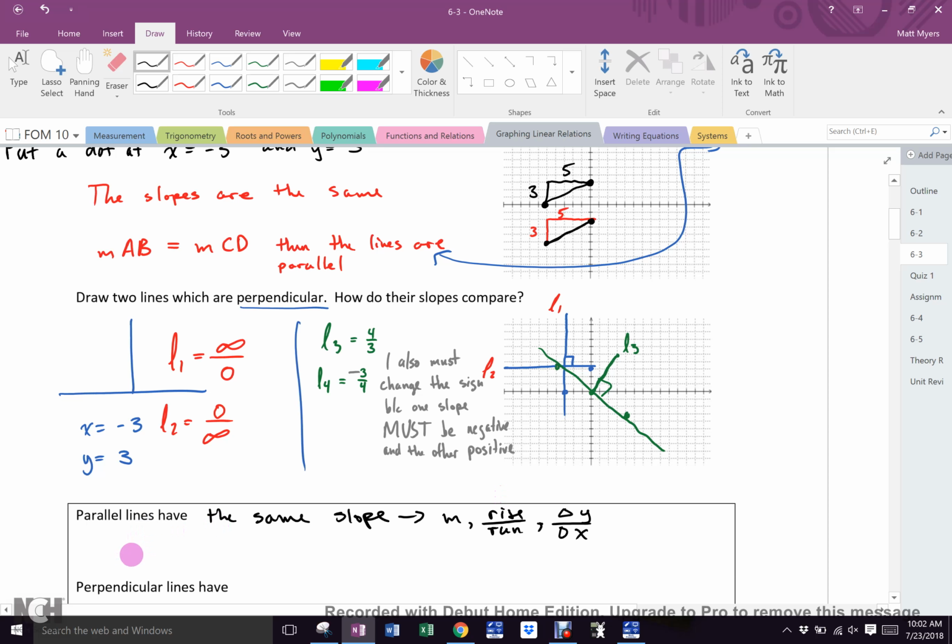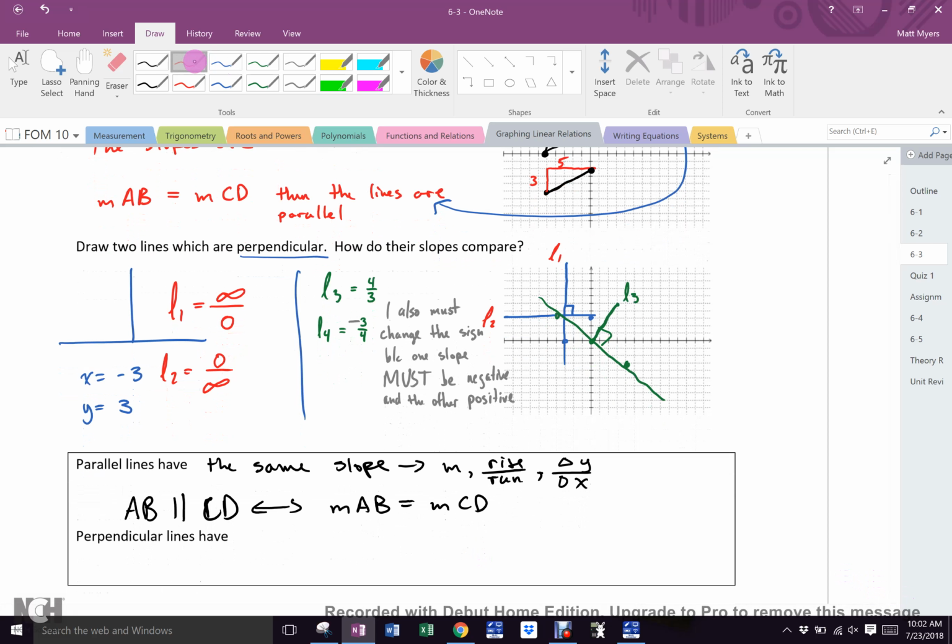And we write this as AB is parallel to CD. That means parallel. And that, going both ways, means the slope of AB is equal to the slope of CD. Everybody good? Now,